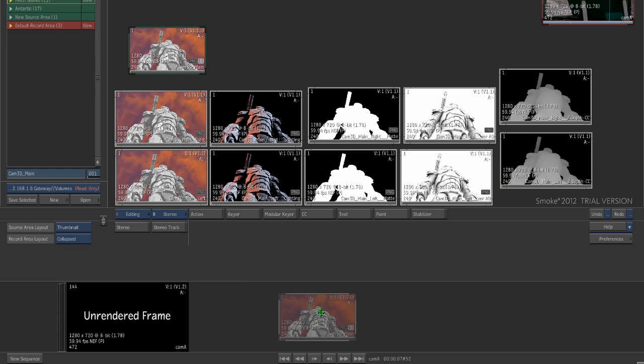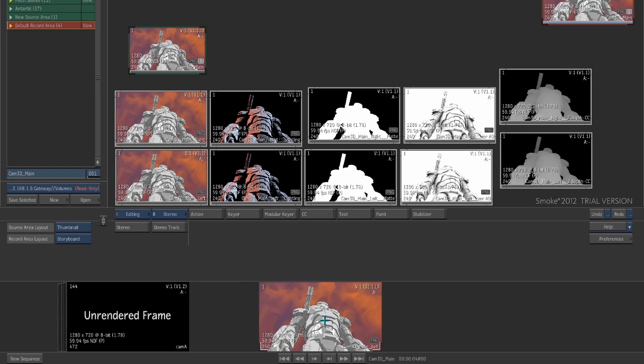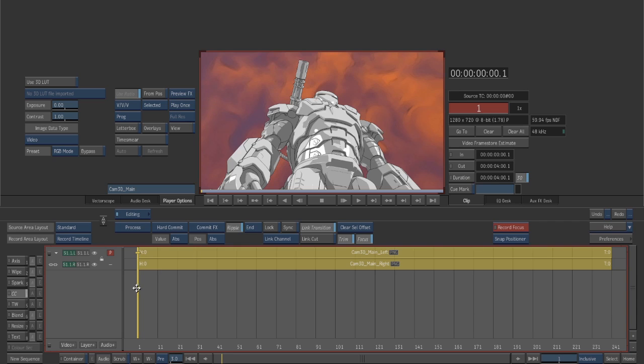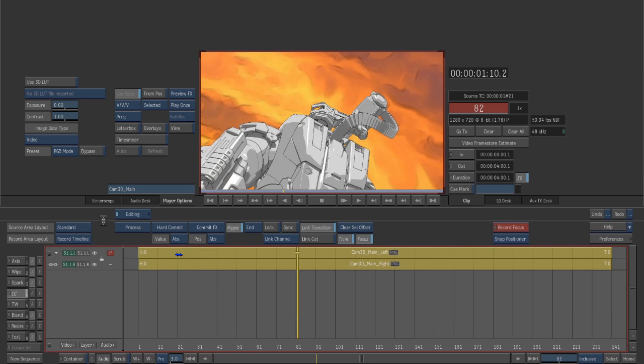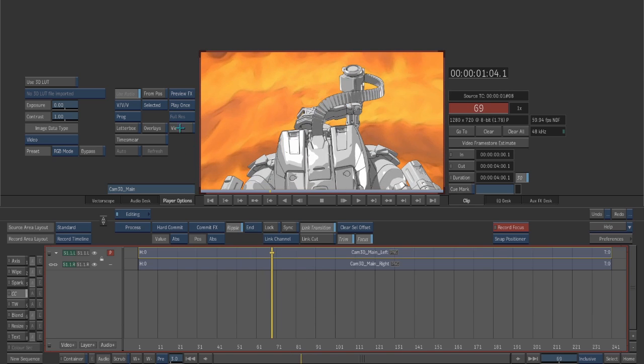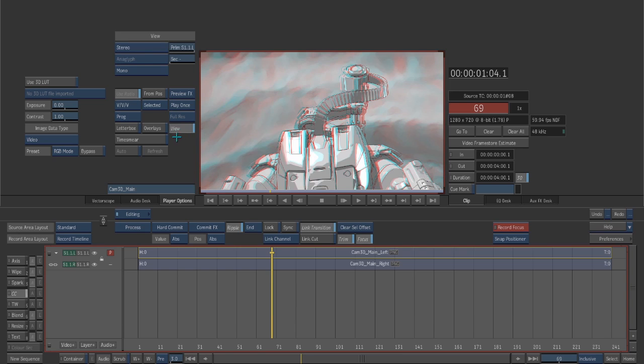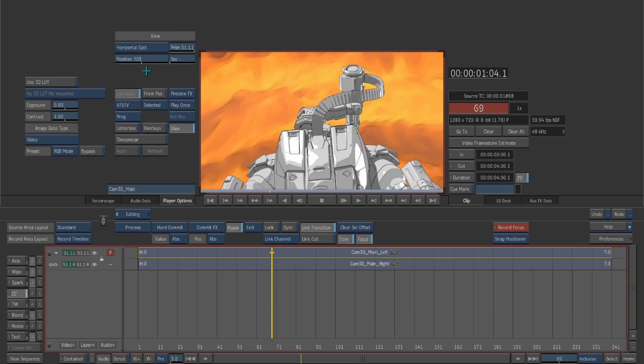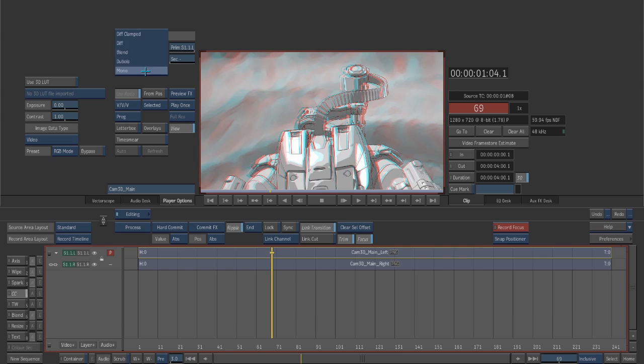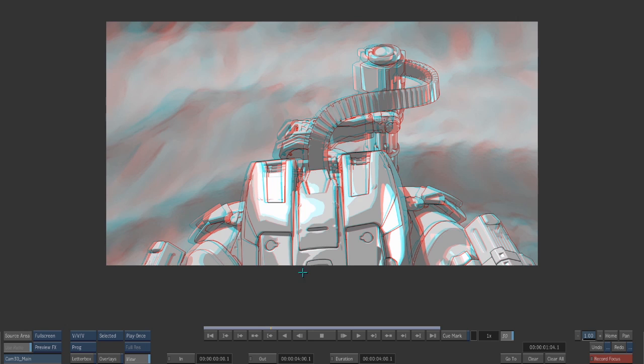So if I just drop that down in my timeline and now look at this in a player, what we can do is actually see that we've got our left and right eye acting as one single clip. And then what I can do one step further is to go into our viewer and choose different stereoscopic viewing modes for doing things like a horizontal split, a vertical split, or viewing it in stereo in any number of ways. So in this case I might say here's our monoscopic clip,